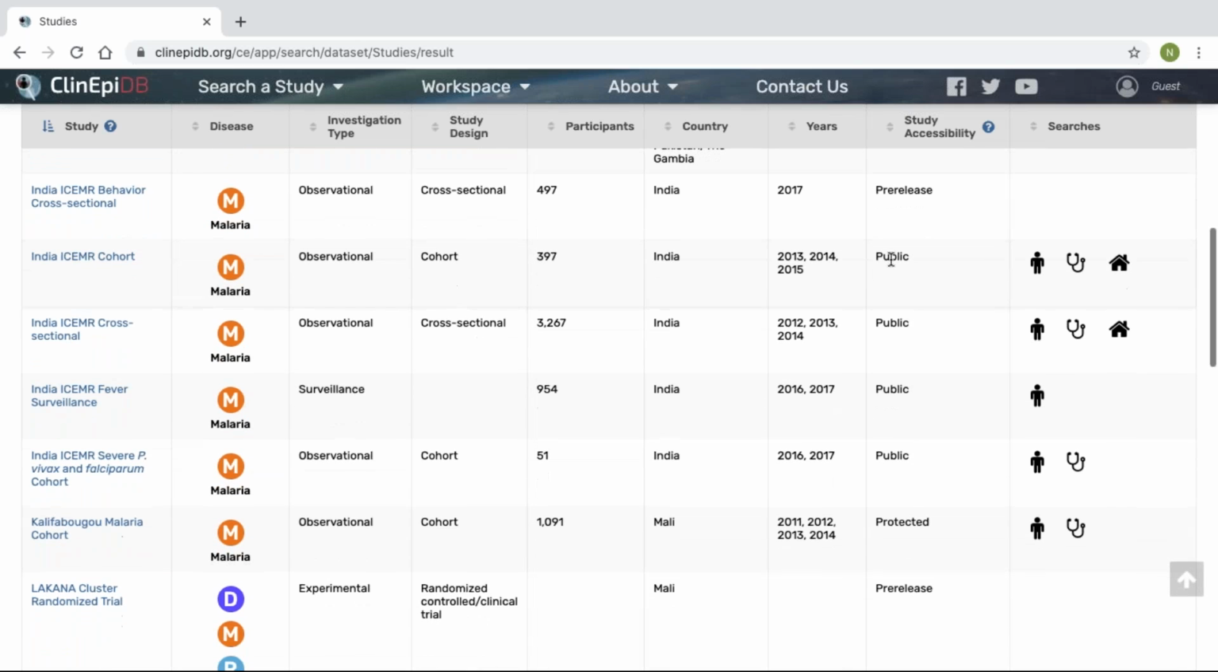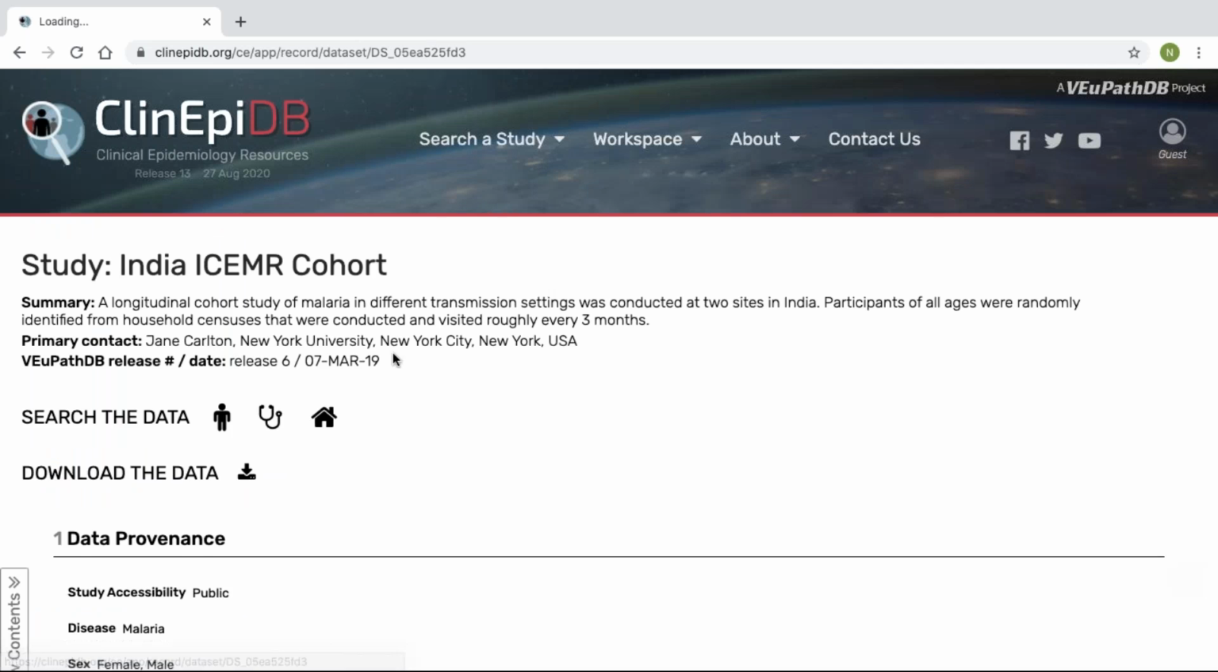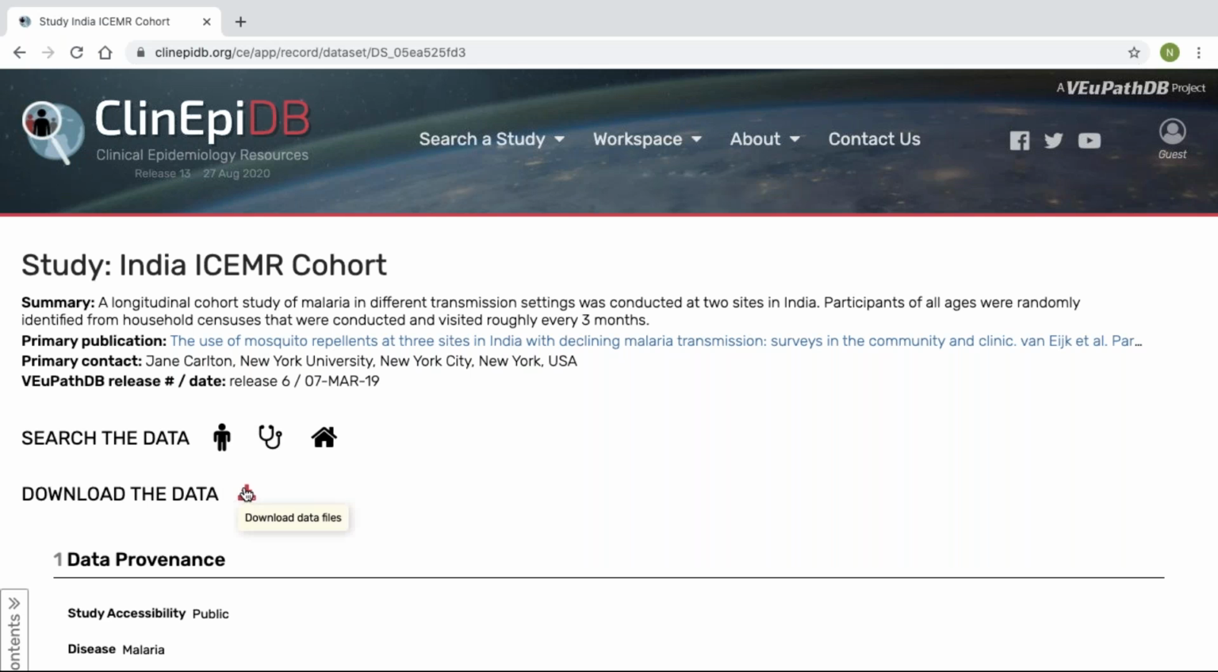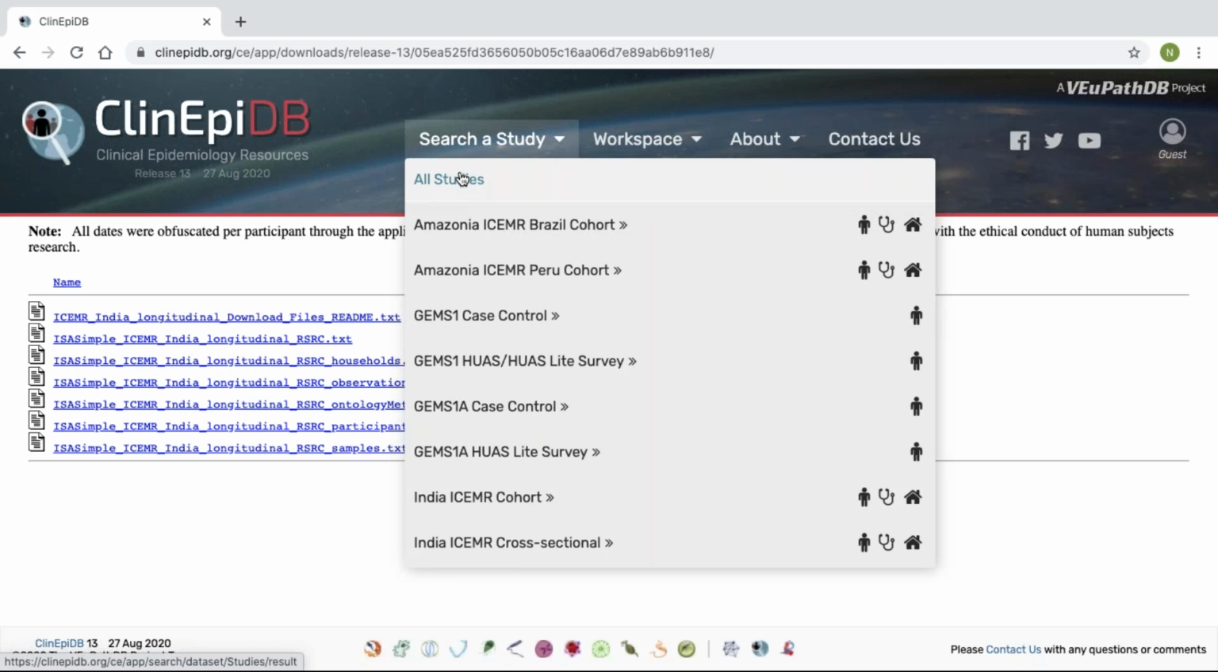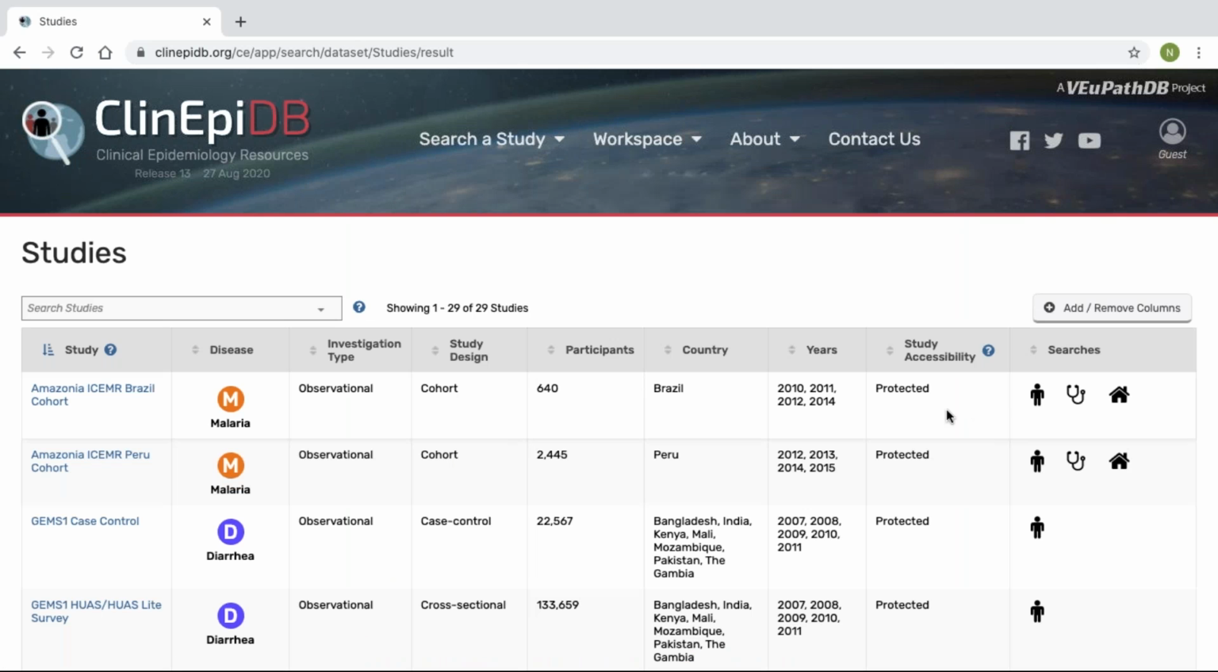So some studies are public. So if we choose a study that made its data completely public, if you want to download the data, you will simply get a link to the files that you can download on your computer and start analyzing with your favorite program. But if you look at a study that is protected,